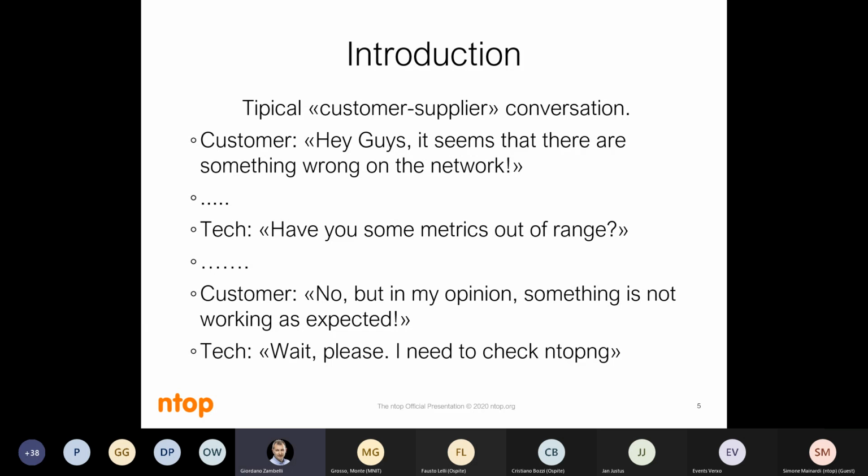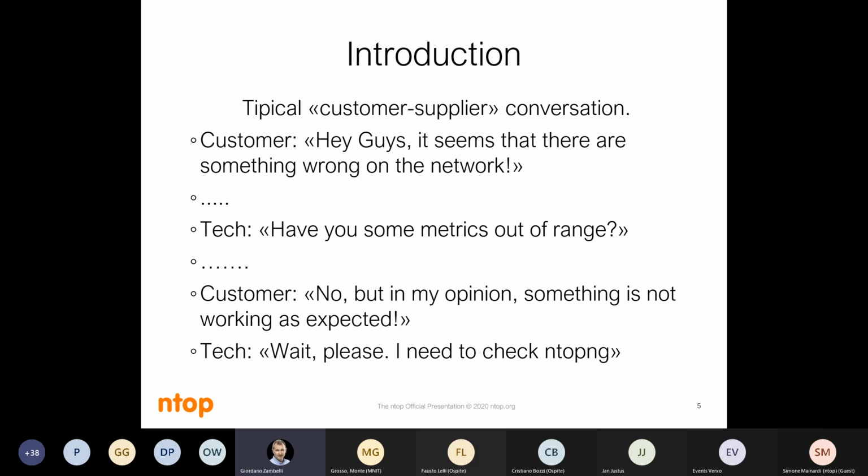Every day we are facing problems: security, networking, performance. This is a typical conversation that we have with our customers, and it's probably the same story for you. "In my opinion, something is not working as expected." "Okay, share me some metrics," like the guys of CheckMK told. Most of them don't have the right vision on the metrics, so it's not easy to keep an eye on